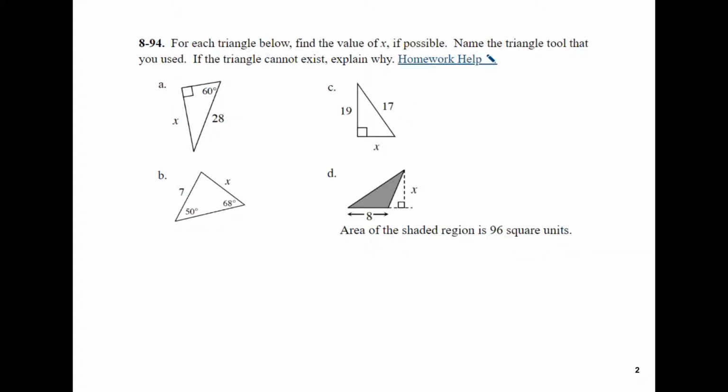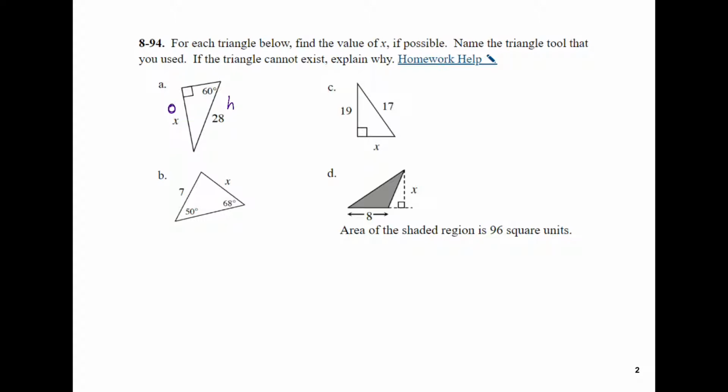Problem 8-94 says for each triangle below, find the value of x if possible. Name the triangle tool that you used. If the triangle cannot exist, explain why. So looking at the triangle below, in letter A, I am working with a right triangle. If I use my right triangle trig to find my x,